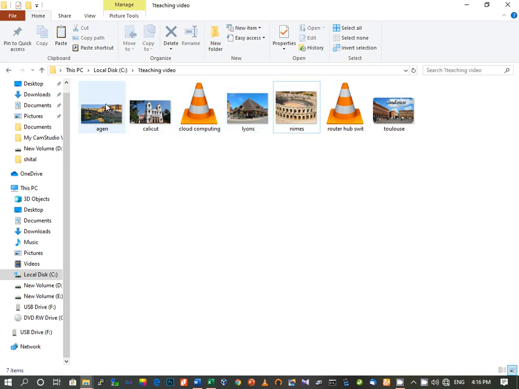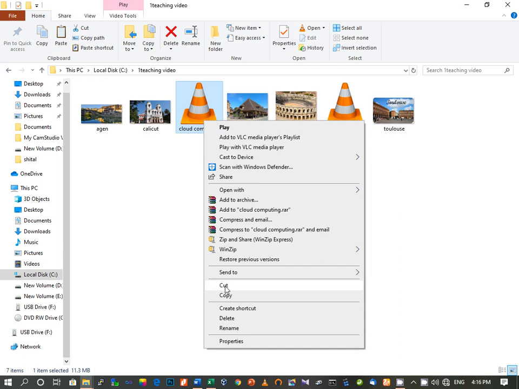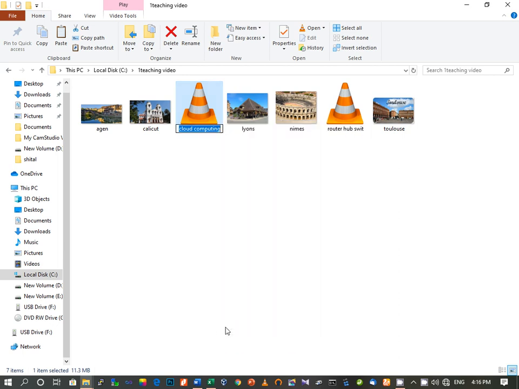The next thing which we have to study is how to rename a file or folder. Suppose I want to rename this one, so I will select this, then right click. Here we have the rename option, click on this, and when I click on rename, here you can see this name has got highlighted, and here you can change the name. Suppose I want to change it to lesson 1. And when I click outside, you can see that the name of this file has changed.